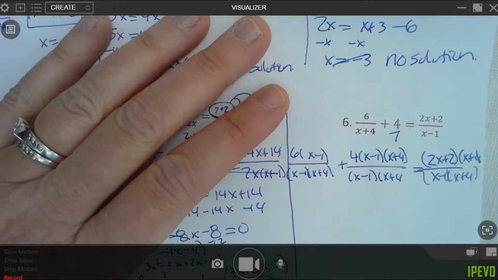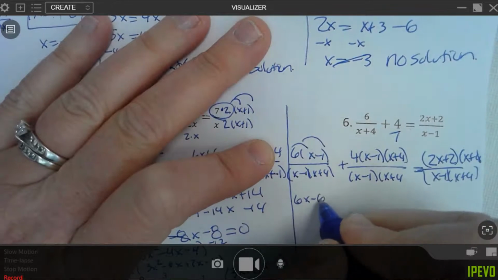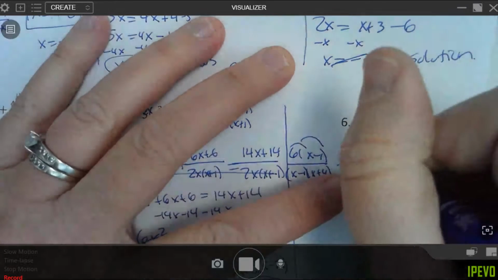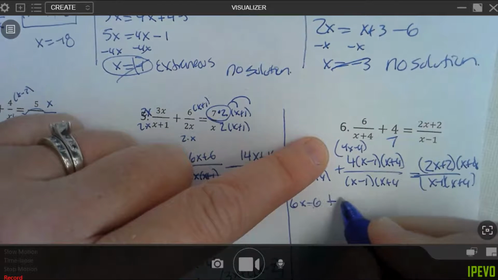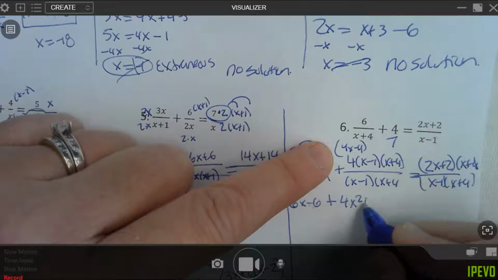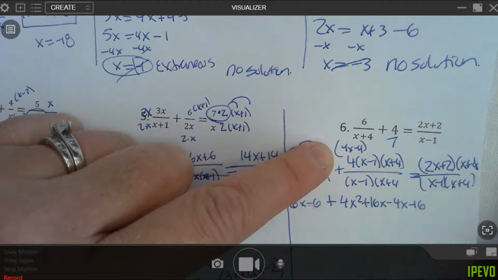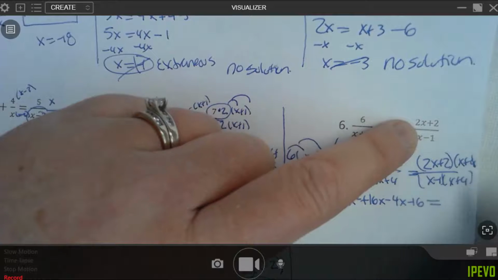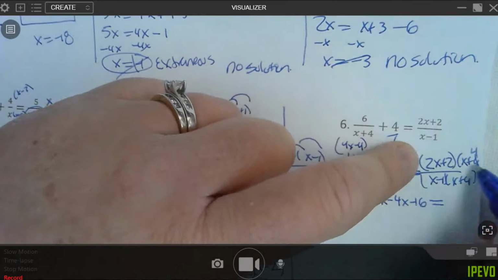All my bottoms are the same, so they can cancel out. So I'm going to go ahead and distribute. So we get 6x minus 6. We're going to make this 4x minus 4, and then multiply it in here. So it gives me 4x squared plus 16x. Multiply here to plus 4. So it gives me